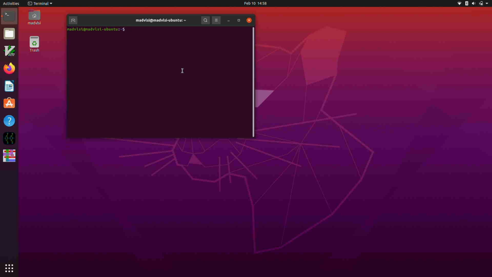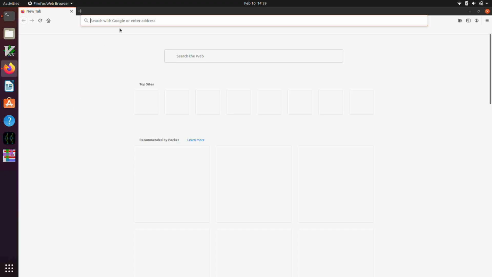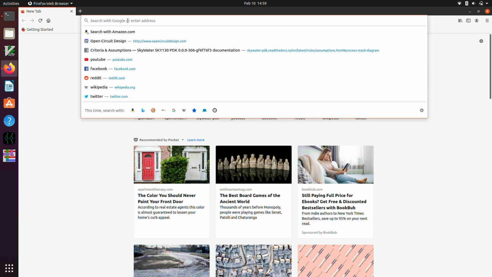So you should be able to type netgen, and it should actually run it. I would not do the sudo apt install netgen. What I would do instead is we're gonna go build it from source, and so we're gonna walk through that process first. It's very easy to do, and so we're gonna open up a web browser and go to